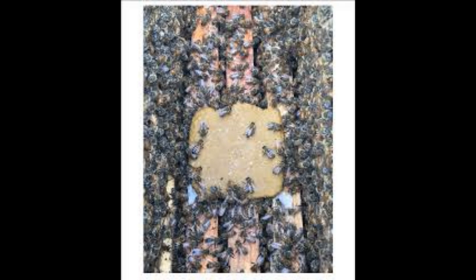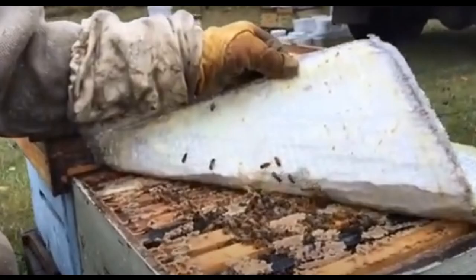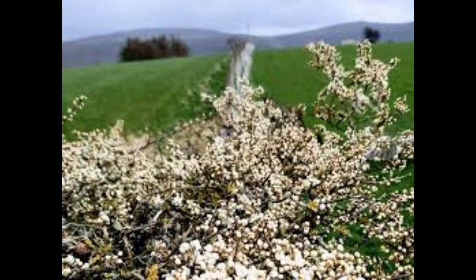What else is very important? In February, insulate the hive, especially above the brood. Insulation during winter isn't crucial until the real brood rearing begins. Once brood rearing starts, the main heat losses are above it, and it's necessary to insulate the hive well from above. The main period of spring development, from the blossoming of the blackthorn to the blooming of the apple tree,